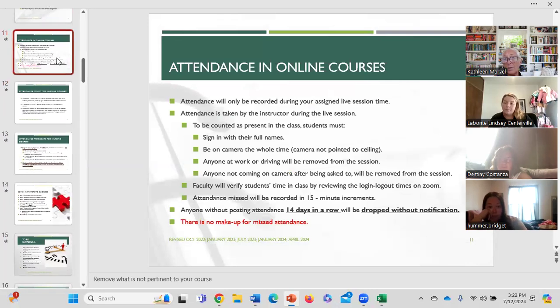Attendance. You all know the attendance policy. Attendance is recorded every week. I get a report at the end of every class. It goes through all the students who were in the class, what time they arrived, what time they left, if they came late, if they left early, if they were in and out during the class. All that is tabulated in this report. And then I submit the report to your registrar after every class. So this is the official record that goes into your file.